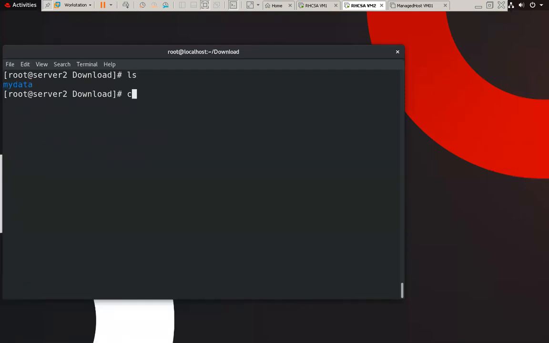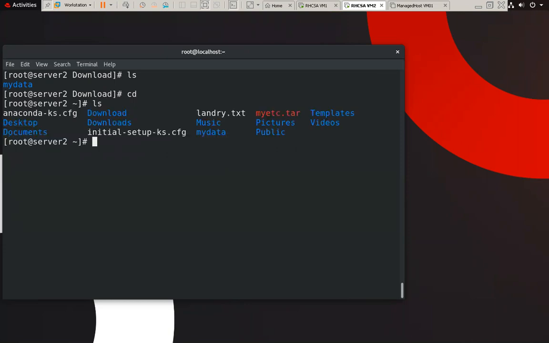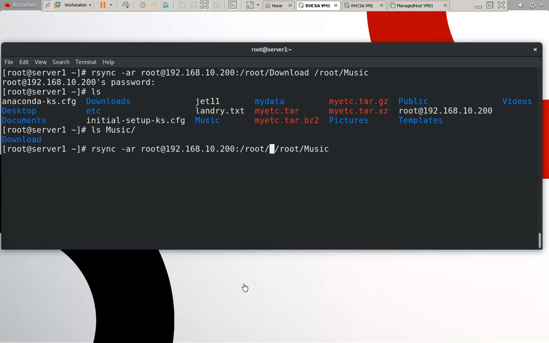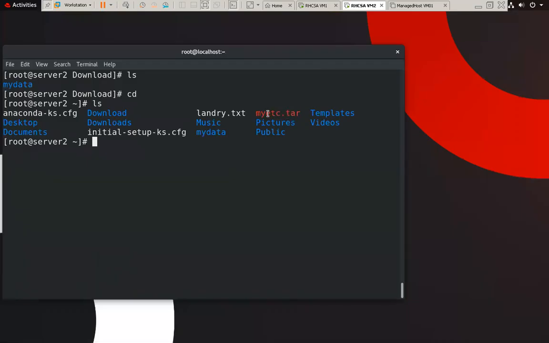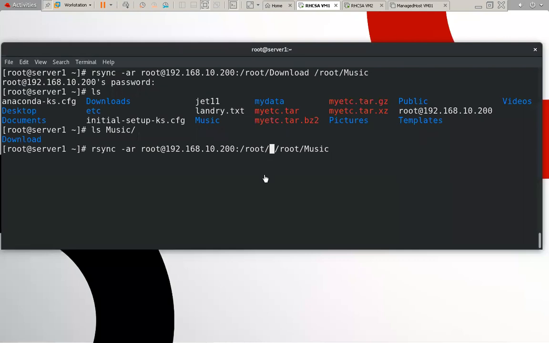Now we will check. We want to copy this particular file, myetc.tar. The file name is this. So shift insert.